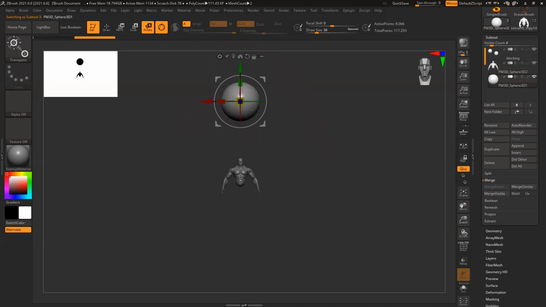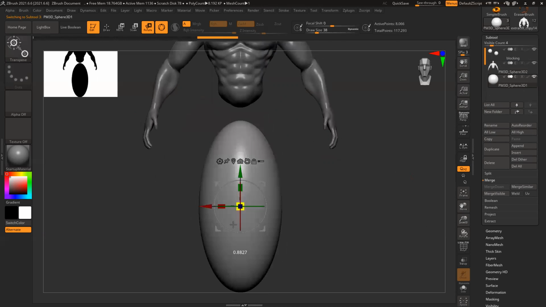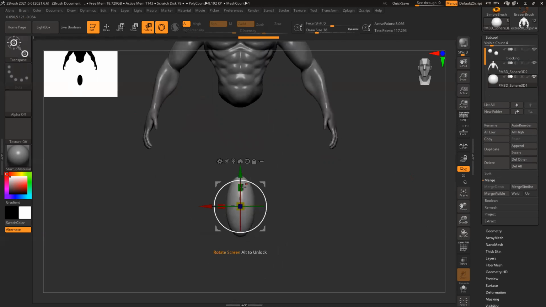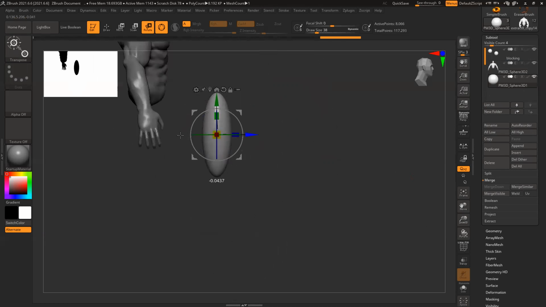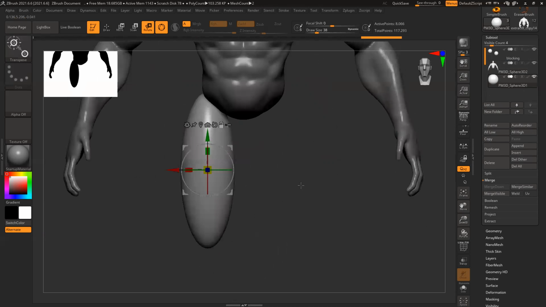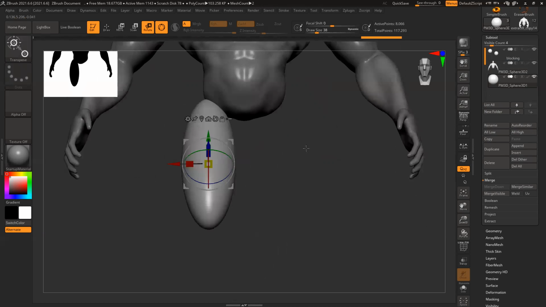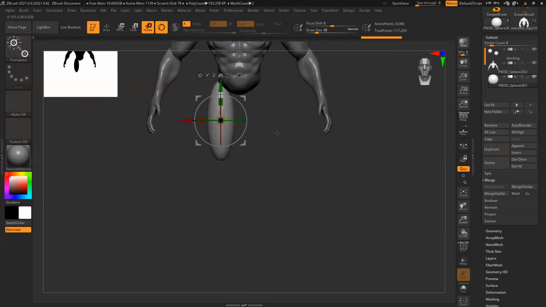I prefer sphere. First, I'll create only one side. You have this.